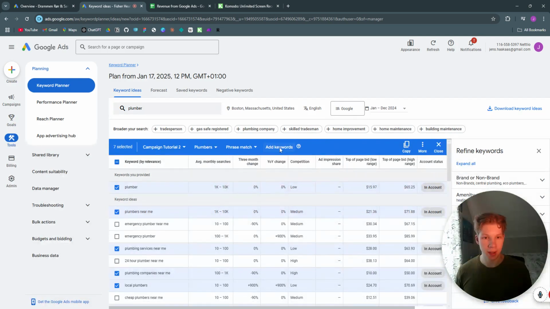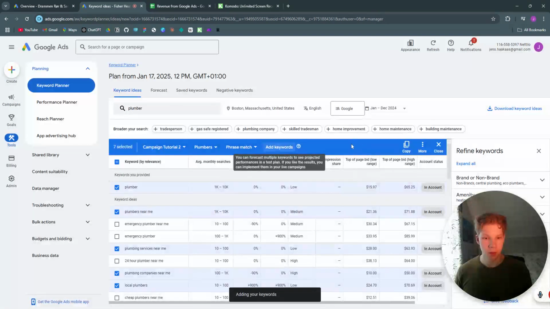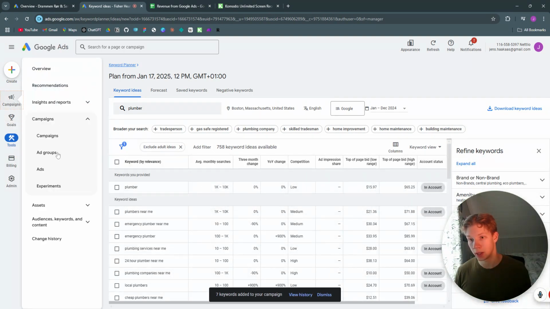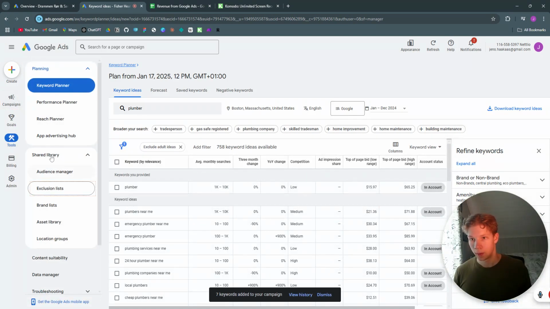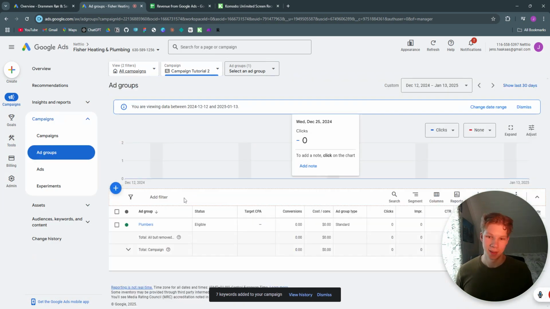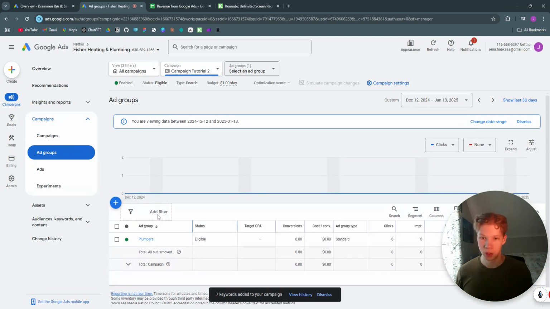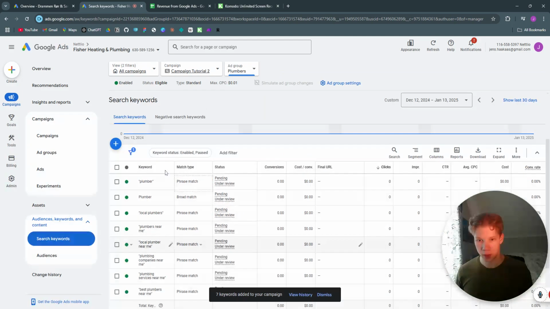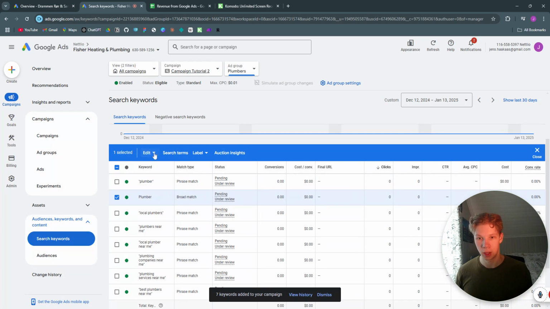Once you've done that, you can click on add keywords and click on confirm. Once you've done that, the keywords will be added to our ad group, as you can see inside of campaigns and ad groups. If you go to campaigns, ad groups, there we go. And in plumbers right now, we should be able to have these keywords. As you can see now, these keywords are in phrase match, which are the way these are written right here. And we need to delete this plumber keyword because we have already added that as a phrase